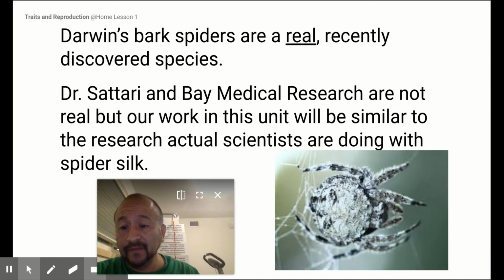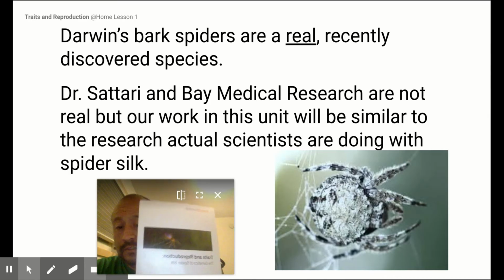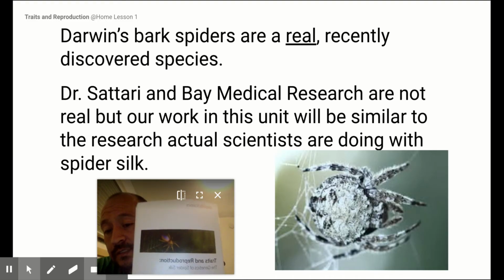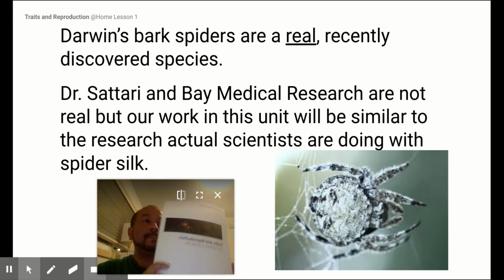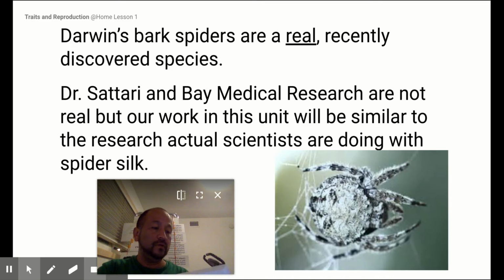which is something that I have not talked about, which is this book here, Traits in Reproduction. This is the new book that we will be using in class. And the subtitle is The Genetics of Spider Silk. And if you go to the back,